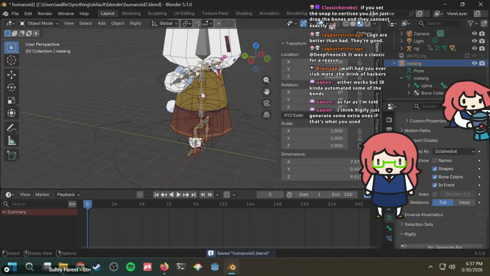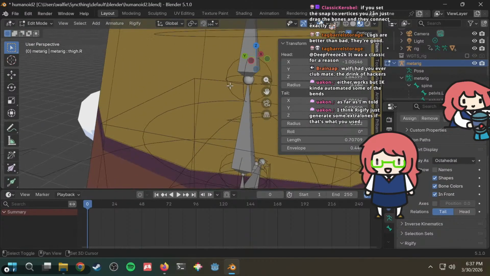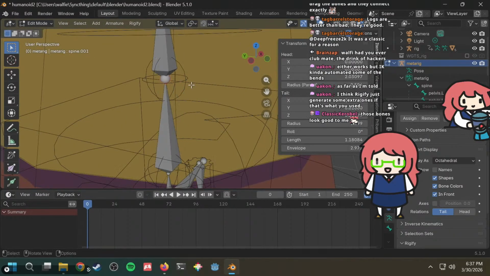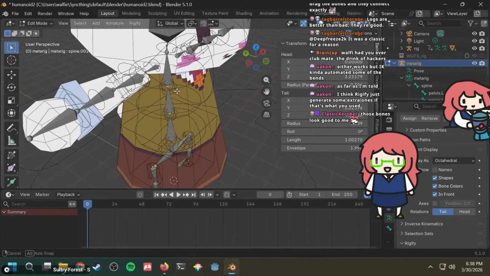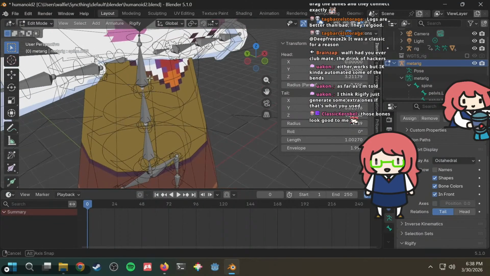Let's go back and use the snap setting just to ensure that all the bones are connected. Although I guess shouldn't it have given me a warning if that was the case? Let's go to edit mode. Okay, edit mode. So these bones, they are connected. Those bones look good. But they weren't there when I generated the rig last time though.